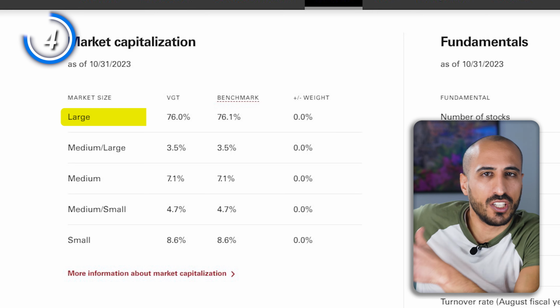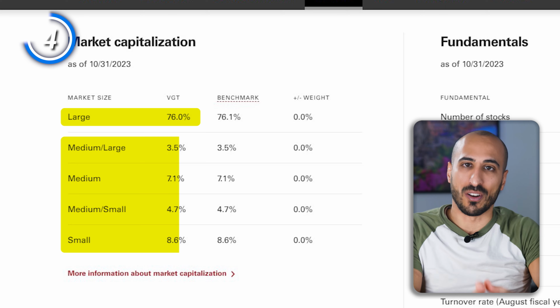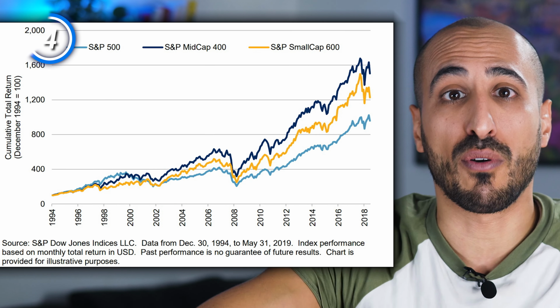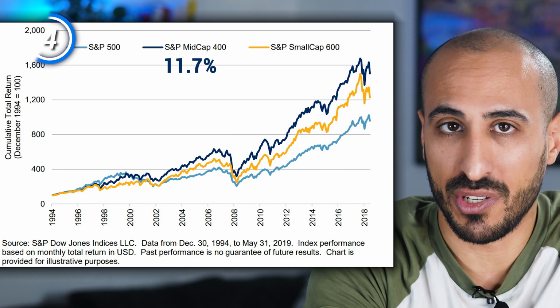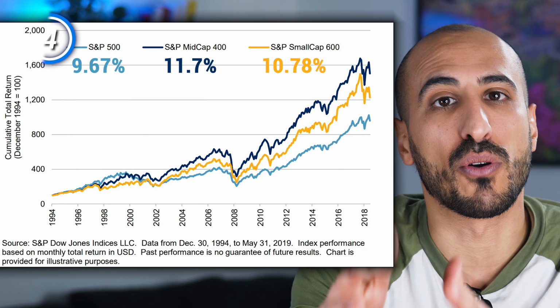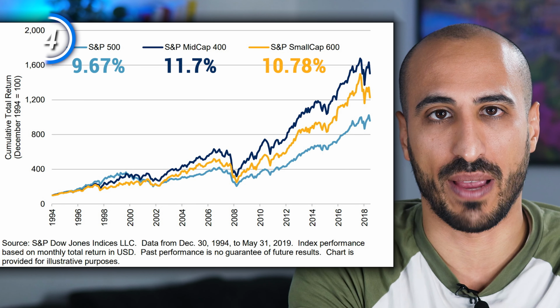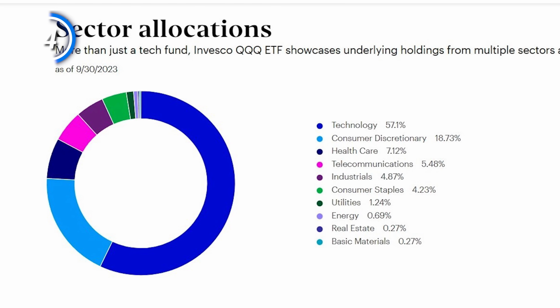In addition to that, VGT has 76% on large cap stocks and 24% on medium and small ones, which in my opinion is a strong advantage because in the last 30 years, since 1994, mid cap and small cap have both outperformed large cap stocks with an average annual return of 11.7% and 10.78% respectively, against 9.67% of large cap. But QQQ, and here's the important point, QQQ diversifies within all the sectors except financials, while